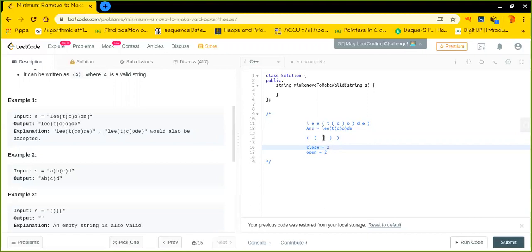But at the same time, what we were doing using a stack, we were popping out the opening bracket from the stack as well. Okay, to determine that we found a valid parenthesis pair basically. So that is why we will also reduce the opening count by one.